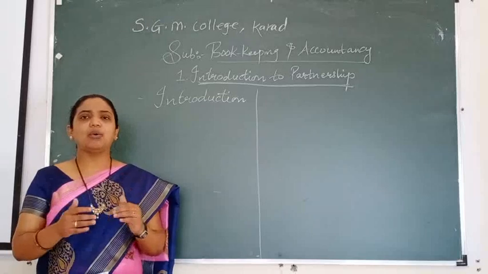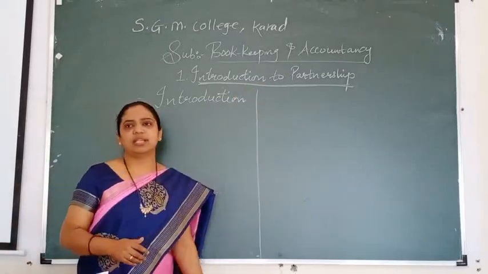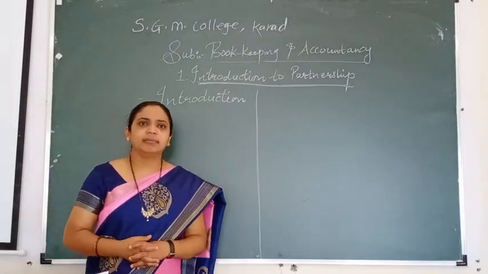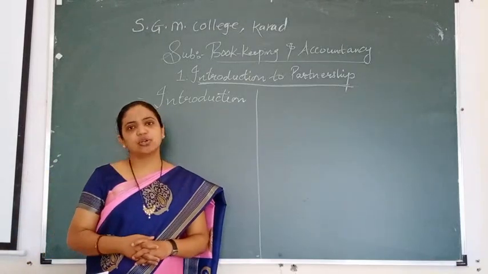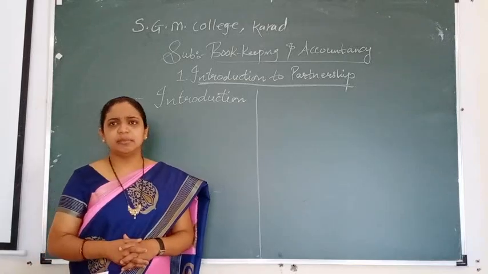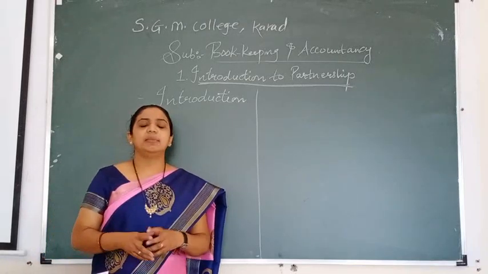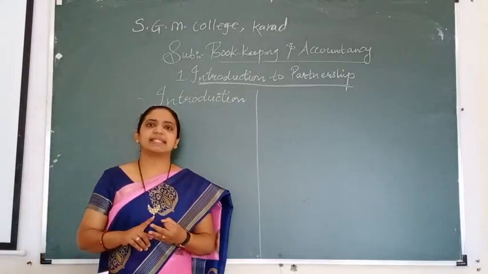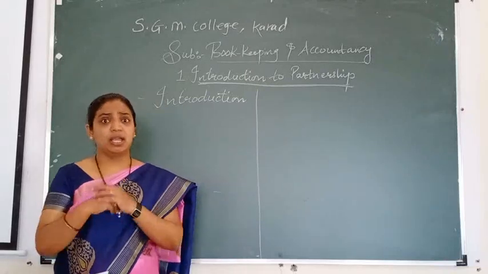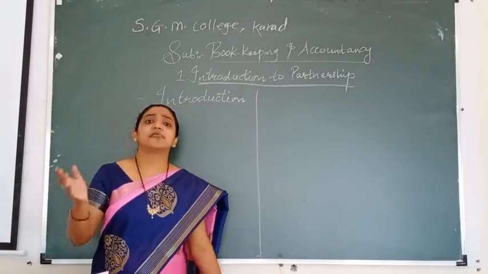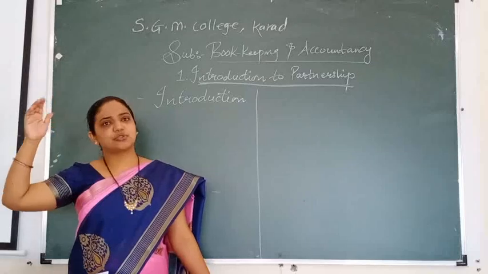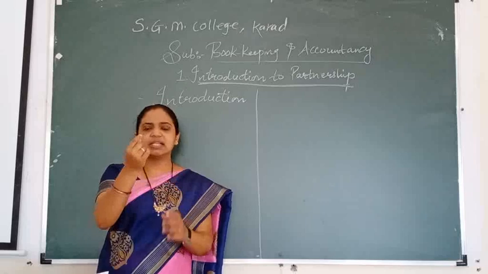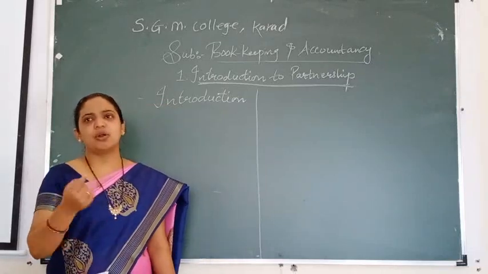So how was the partnership born? First we will see that the birth of the partnership has come from the limitations of the sole trader. The sole trader has limitations such as limited capital, limited managerial skill, absence of specialization, no stability, and unlimited liability. He has to bear the risk, the profit and loss, all at a single head. So a single head is not enough to bear the risk or losses of the firm.